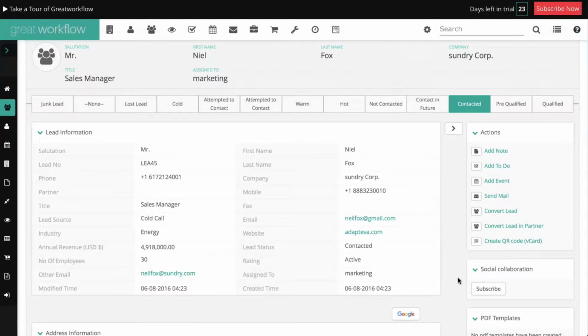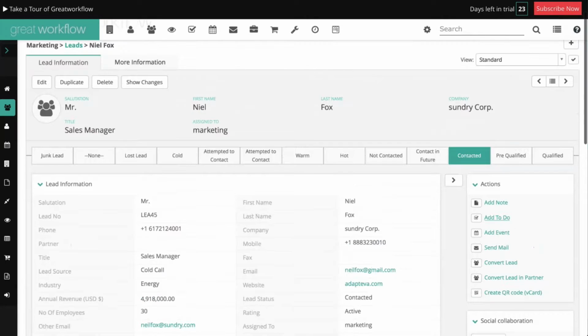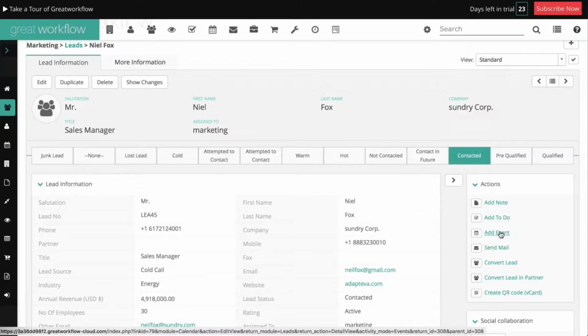stages, the lead stages, what you can have, and for qualifying, and you can completely define it. Right now we have a predefined one, but you can change nearly everything. You can change the action as well. And maybe for this one, you're talking with the guys, you want to have a new event, a new to-do